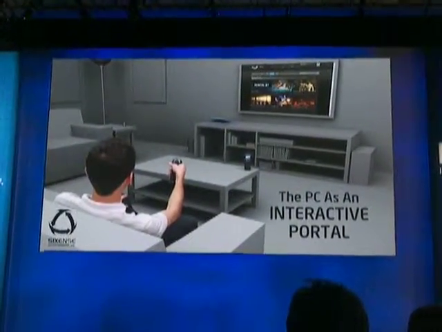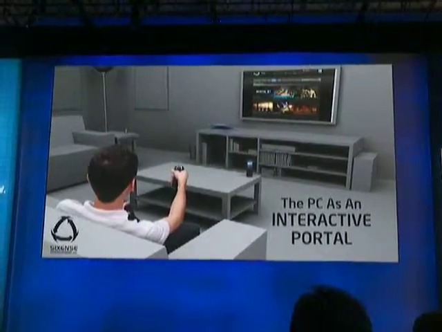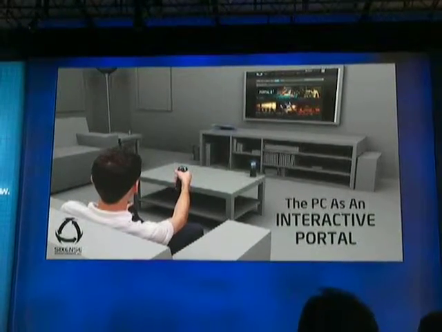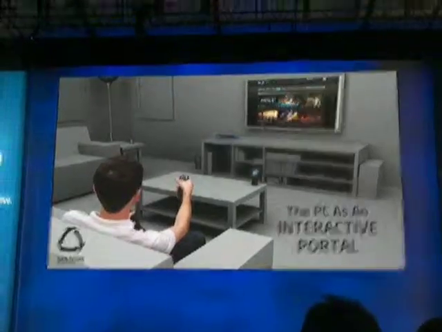One we're really excited about is that 3D television technology really matches perfectly with the 3D control system. So to be able to control your TV menus or surf the web